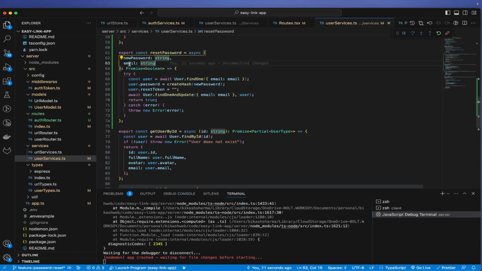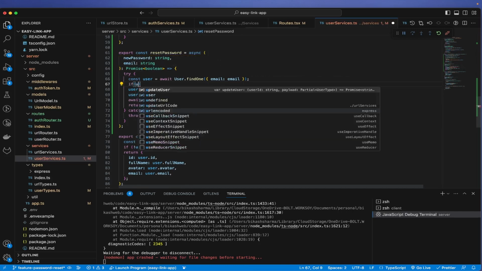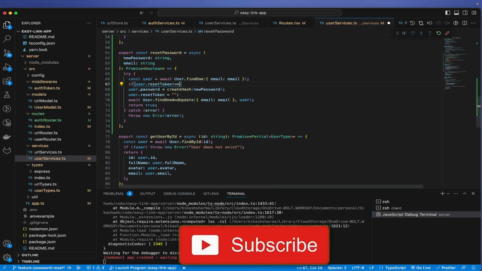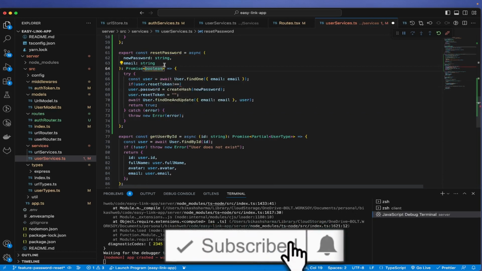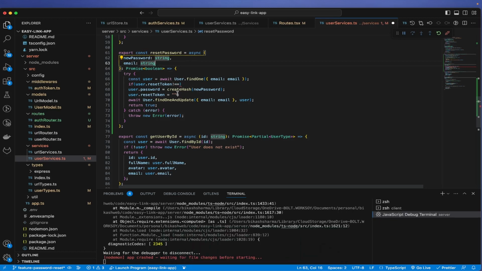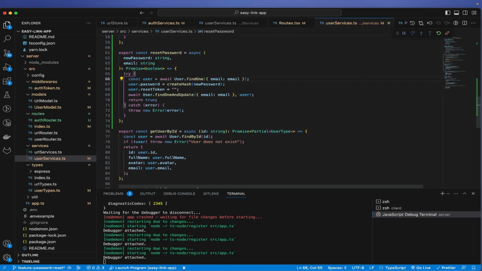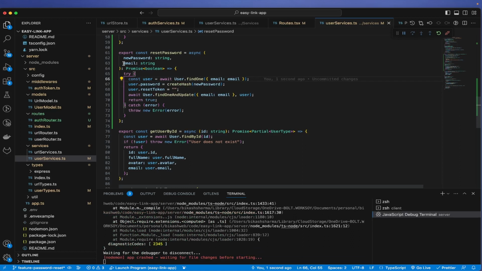So we can take reset token here as a payload, and then we can just do if user.resetToken not equals to the reset token, whatever was passed. That means we have a valid reset token. However, that valid reset token may not belong to this user, so in that case we are not changing the password. However, I'm not doing this here, and it is because this email is something we will anyway decode from